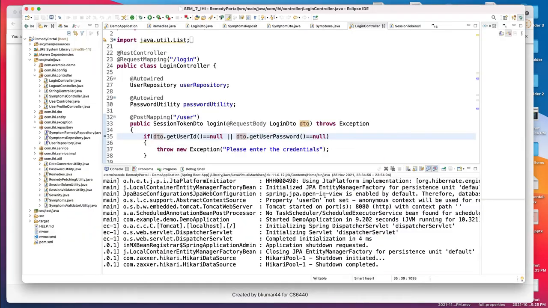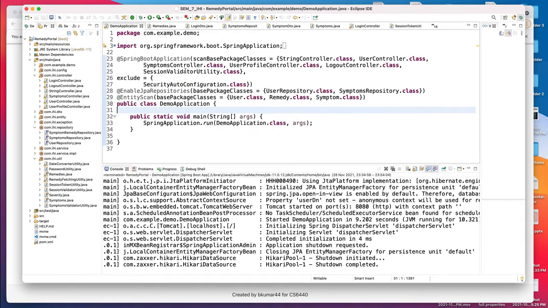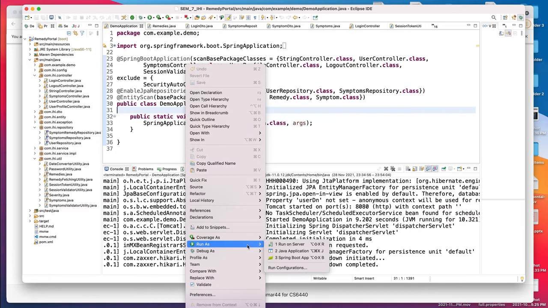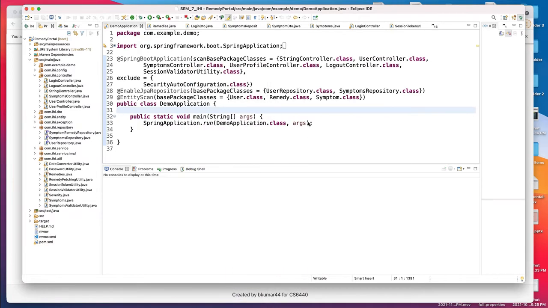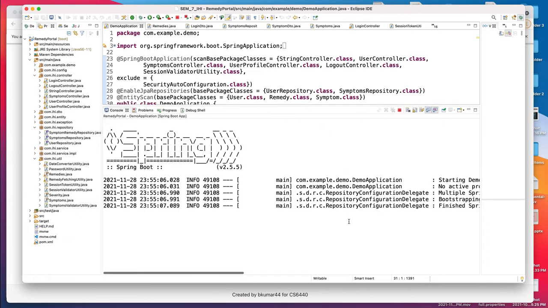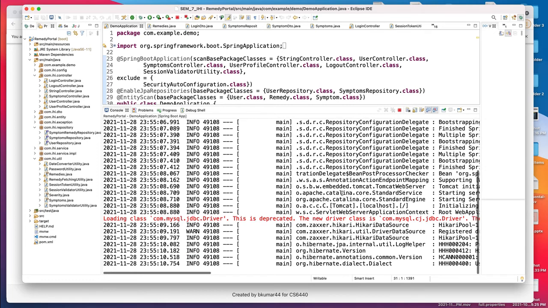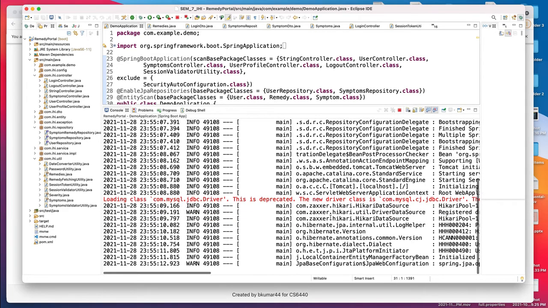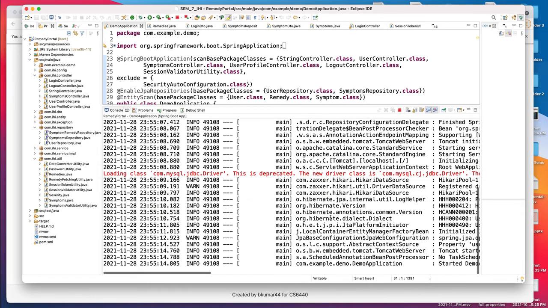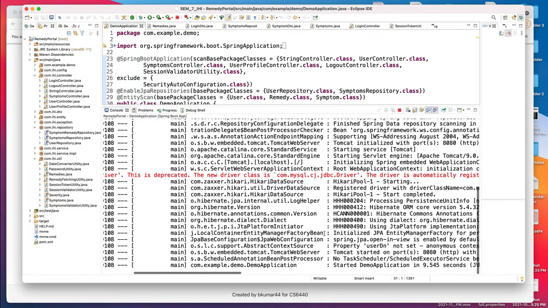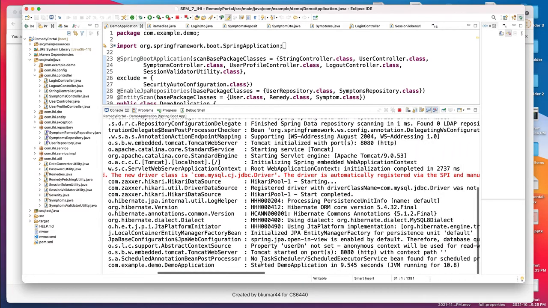Similarly, I'll start my Spring Boot application so that my REST APIs can be accessed. Once I get this message, I can start accessing the REST APIs.